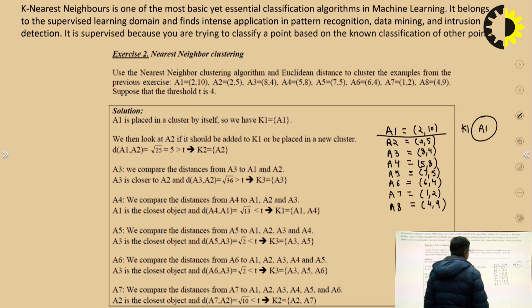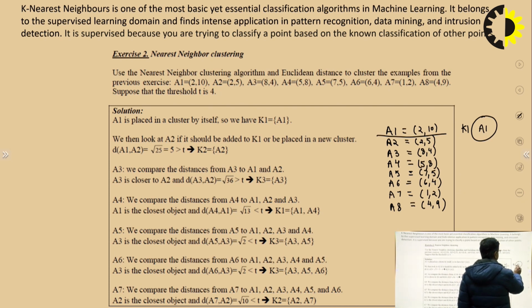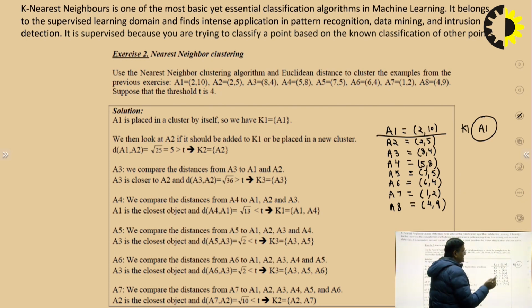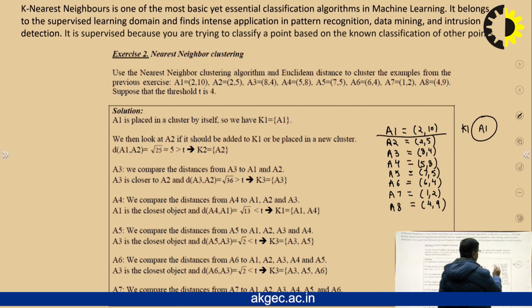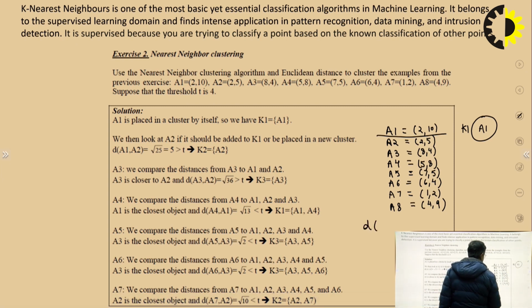Now we have to see whether our next point, which is A2, 2, 5, belongs to this cluster K1 or whether it belongs to a new cluster K2. And how will we determine that? We will determine that by calculating the Euclidean distance between A1 and A2. So the Euclidean distance denoted by D between A1 and A2